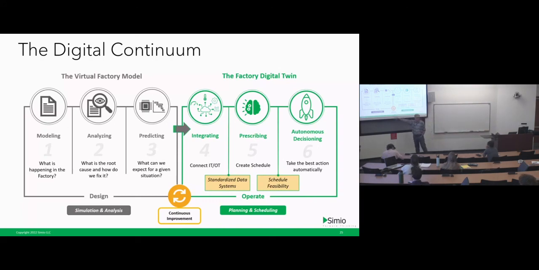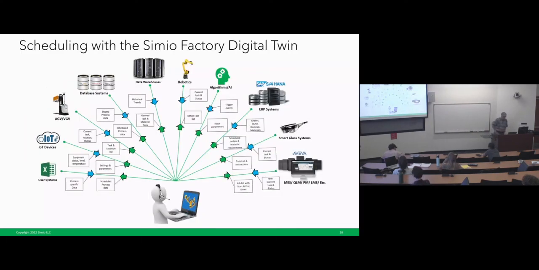And what that lets me do is continuous improvement, because I can do things like you're doing. So I have a model that I can use to schedule Abby Electronics. And now I'd like to say, let's see if we add a high-speed packager, what that will do. So we're taking a scheduling model, and then we're moving back into the simulation and analysis realm using the same model to say, what's going to happen? What's my best strategy here for expanding my facility? And then once you make the decision to do it, then you use that same model that you did for the simulation analysis or design and analysis to do planning and scheduling. Right? So that sort of one model, one source of truth thing is what is referred to as this digital continuum.